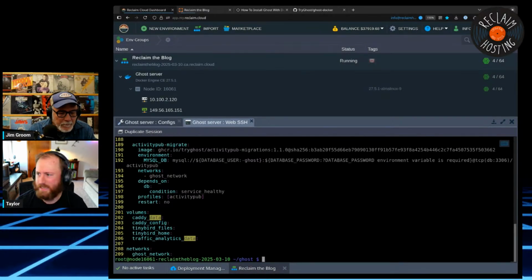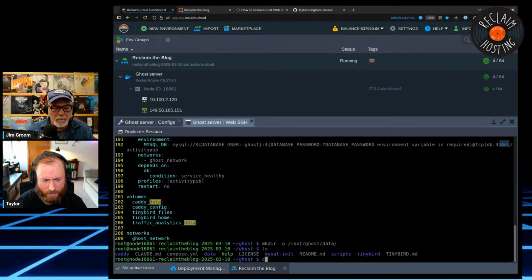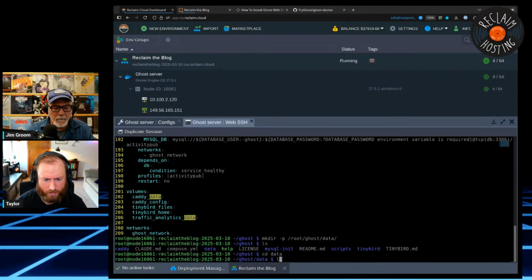I believe it was data Ghost is the path that we set in our env file, and that's what I have written down in my notes. So I'm going to create that folder because it doesn't exist yet in our case. And so that command will make the data folder.